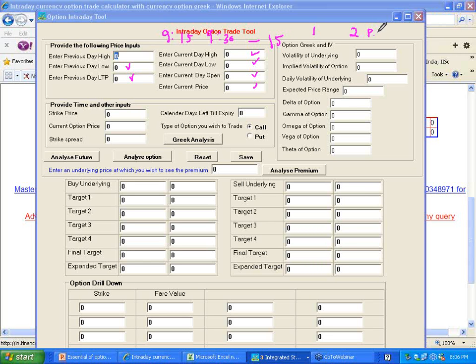I am talking about noon. So here, the previous day is irrelevant for you. That morning action is gone; it is already factored in. Henceforth, in the previous day's price, you have to take